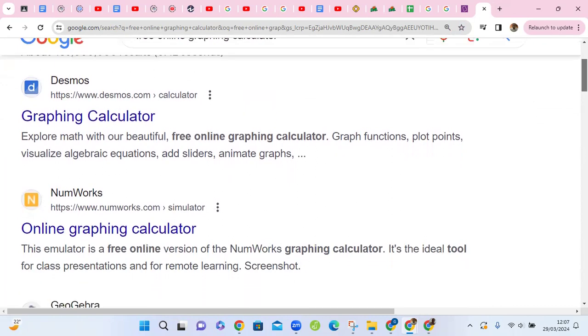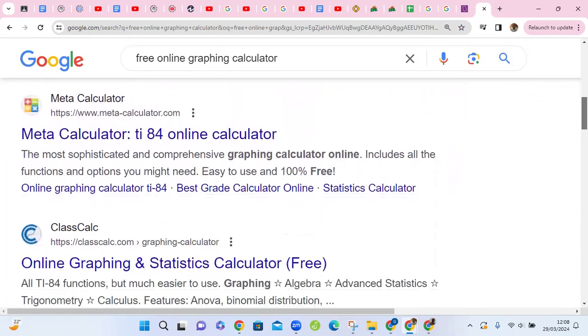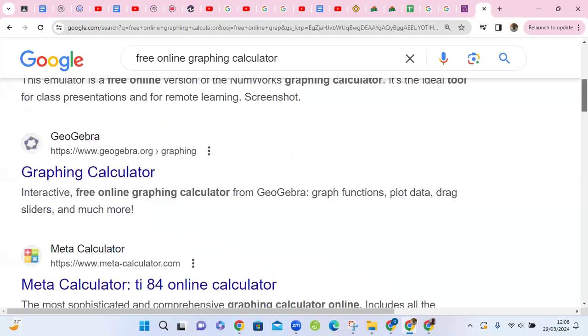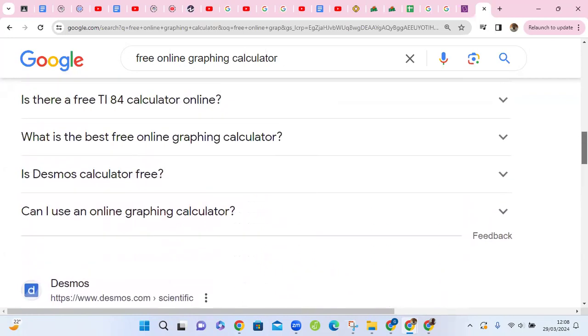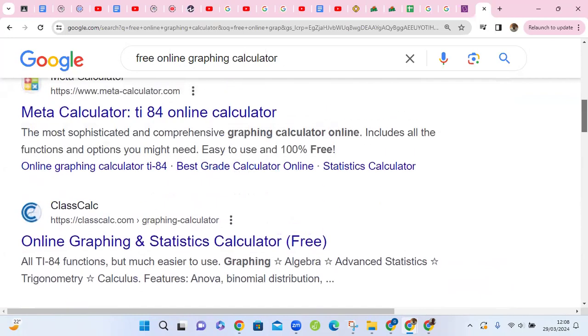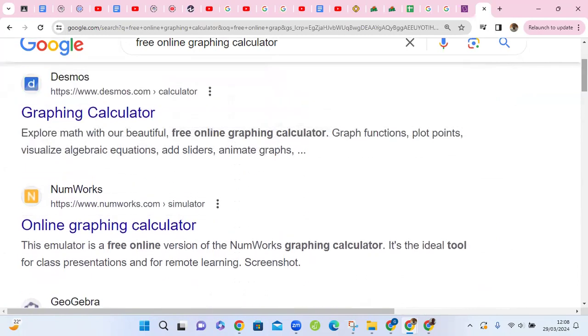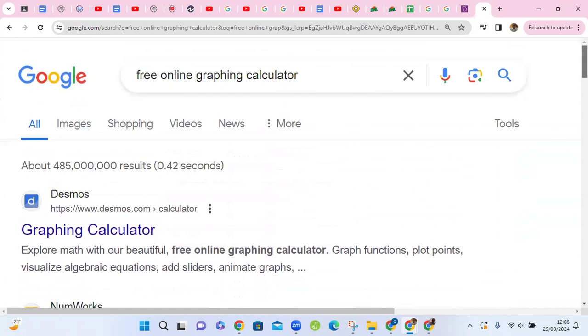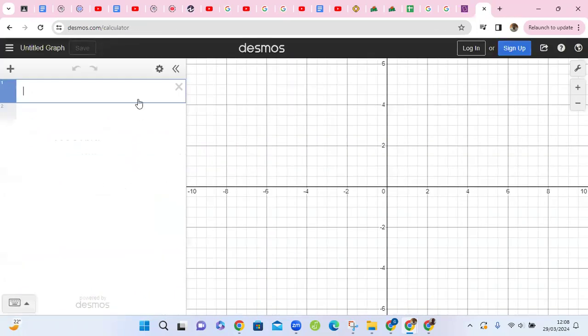You have Desmos, you have NumWorks, you have GeoGebra, you have Symbolab. There are many of them. Probably can use different ones for each one just to demonstrate, and just type Control V, and voila,